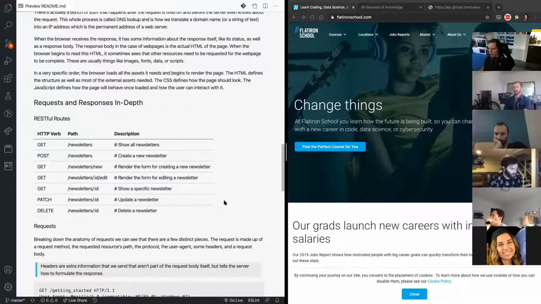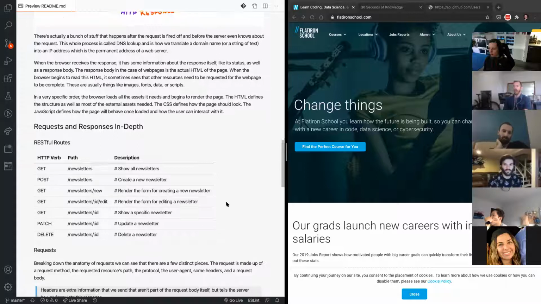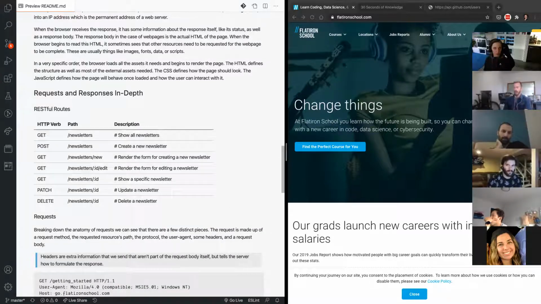But before we do that, does anybody have any questions about what we've talked about so far? So when you're talking about middleware to manage patch, put, and delete, is that happening in Ruby, or is that happening in some client-side code somewhere, or neither? The middleware is something we have to build into our applications, and that part's happening in Ruby or in whatever language you're making this request.